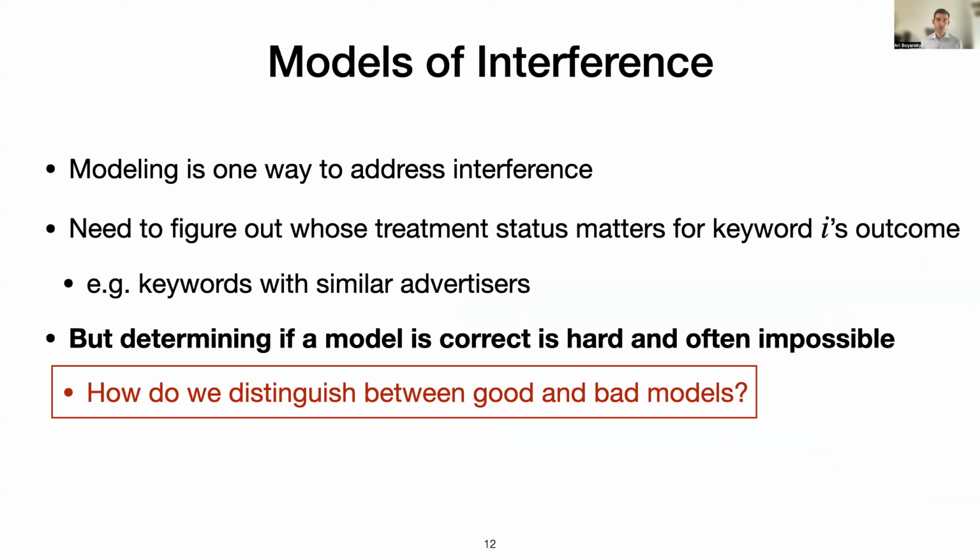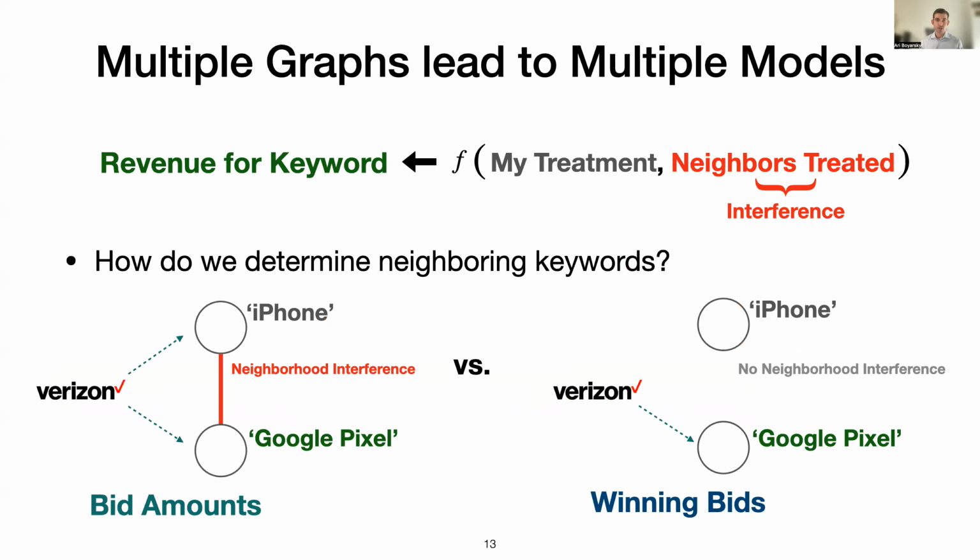But there's a lot of ways that we could possibly create such a mapping. To illustrate this, in our previous example, we can consider this case where we could build an interference model based on how much a bidder bids, which is showcased on the left, versus an interference graph of how much they bid and win, which is showcased on the right. In both cases, we see two different interference networks for how the keywords are interacting with each other, where the spillover effects actually are. And so we need to have a way of somehow distinguishing between these two models.